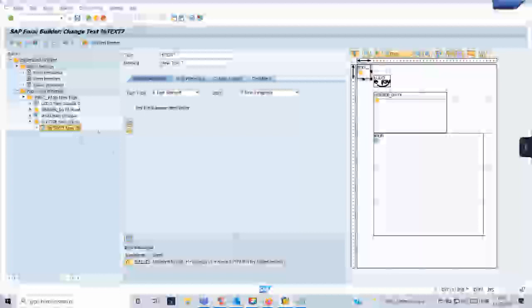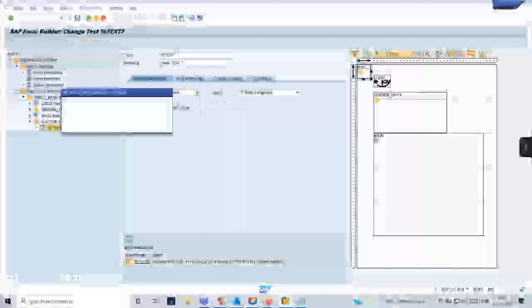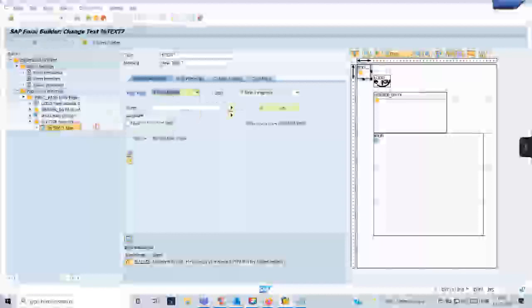So when you come here, by default it will be a text element, meaning you can just go and give the description there. Here if I come, I have text module, dynamic text and include text. So this text module, sorry, it's not text module, include text I guess. Let me see,